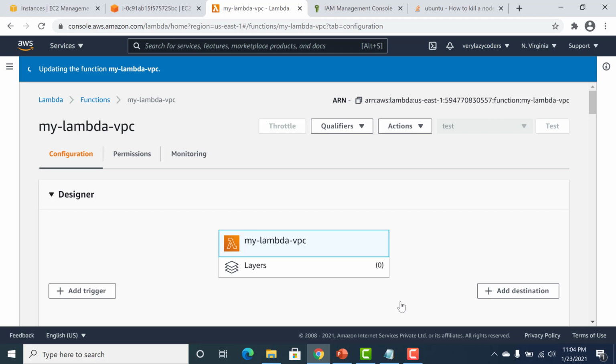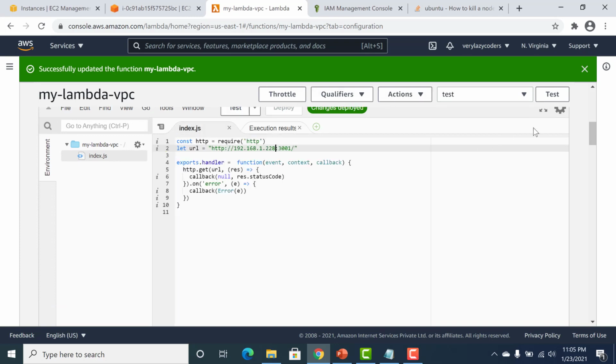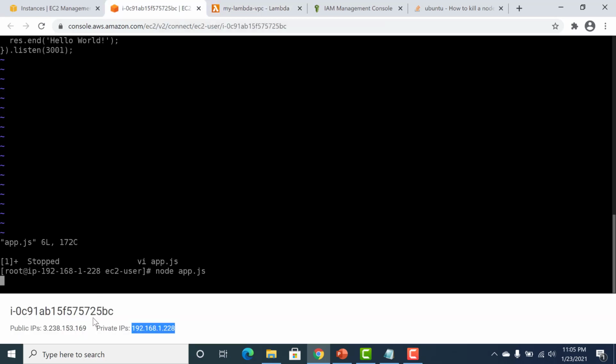However, it has completely lost access to the internet. So if I try to access it using the public IP address, it should not work. Let's try this once the update is done. So the update is done. Let me first try to connect using the public IP address.